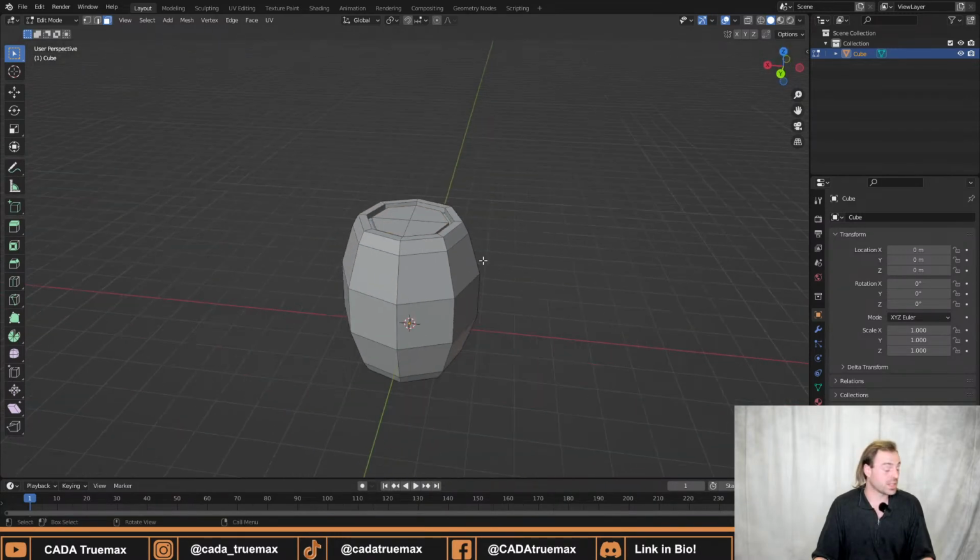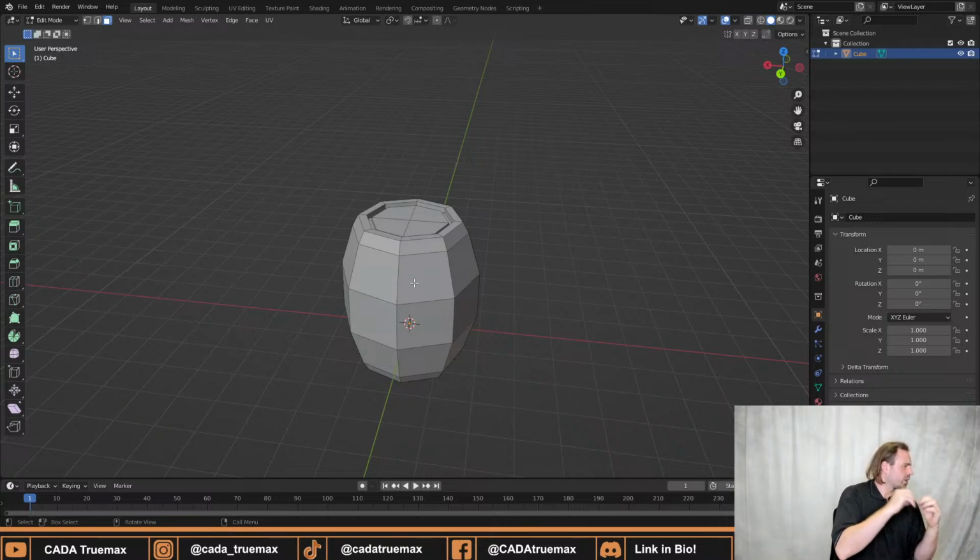So yeah, that's the lip of the barrel. And the next thing we want to make is the, oh, sorry, I'm going a little too fast here. My hands are quicker than my mouth. All right. So we want to make the bands, because we all know barrels have these very characteristic bands